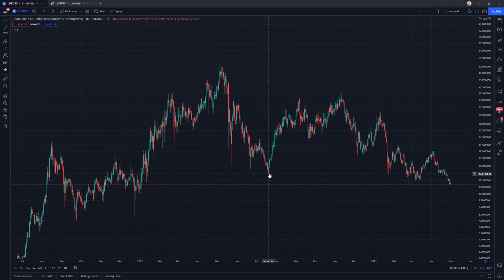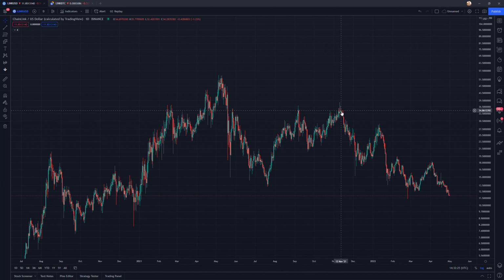So you can see how this major low was $13.50 when Bitcoin was roughly around the $30,000 mark in the summer of 2021. And since then, we didn't put in a new all-time high like most of the other markets. You can remember that Bitcoin bottomed at 30,000 and then it went back up to 69,000 for sort of this double top. And that was pretty common in the market. You saw Ethereum go back up to 4,800, and a lot of altcoins had the same double top structure. But with Link, we did not make a new all-time high.